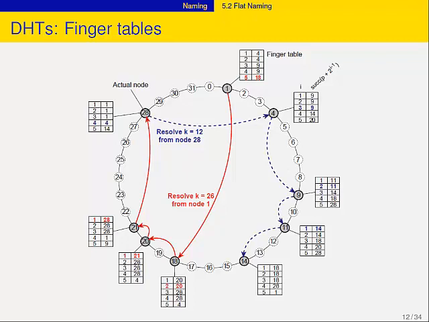Okay, and I'm glad that this example worked because I didn't prepare myself. At least not for this example. But the take-home message is, this is actually a very robust scheme. So when something goes wrong, your finger tables may no longer be correct, but it's not that important. It will still work, but it will not be optimal. Okay? So now you see how you can join a network.